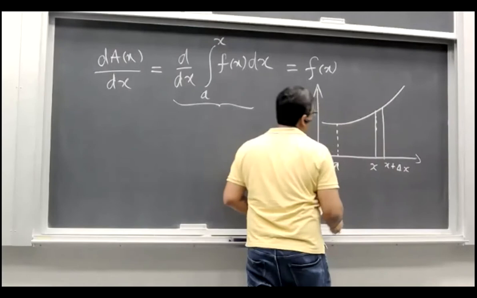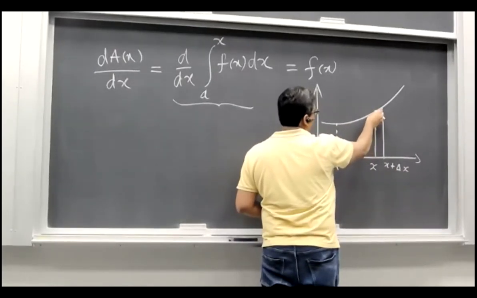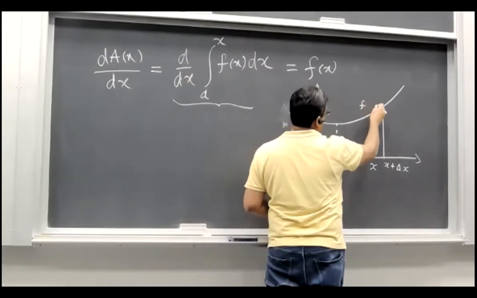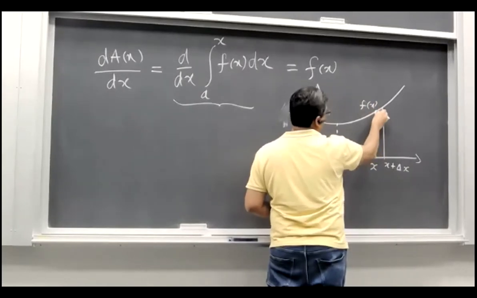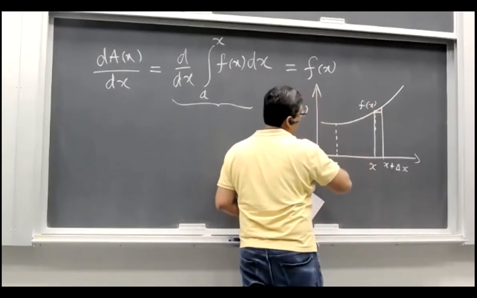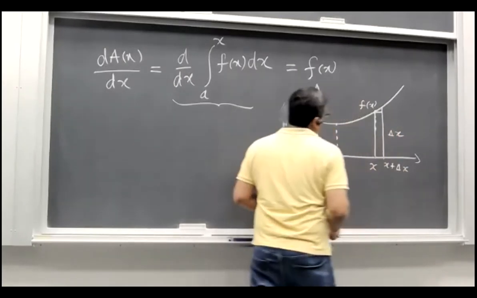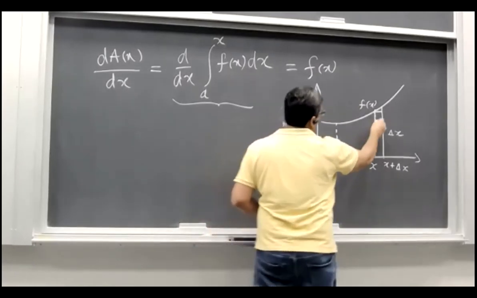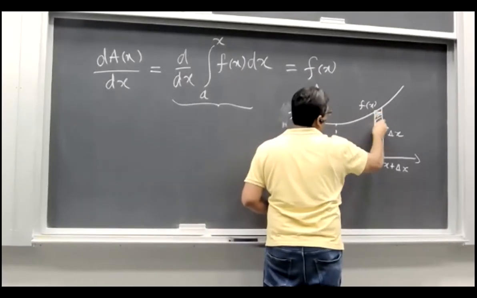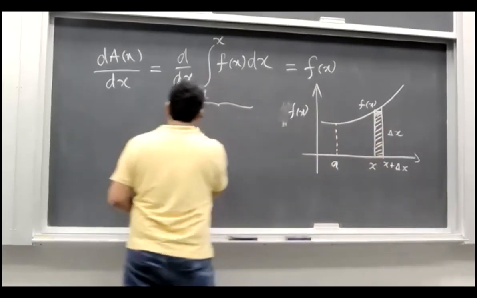All right. So the value of the function here, let's say that we take this initial value of the f of x here, this value. So we take this as the height of the rectangle, and delta x is the width. Okay, so the area of this small rectangle here would be,